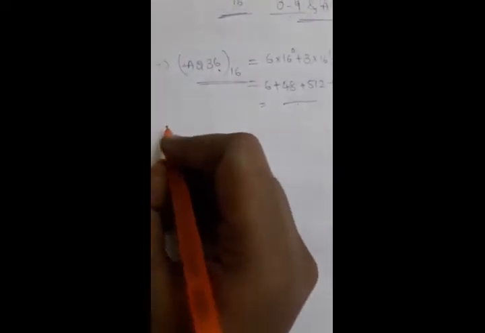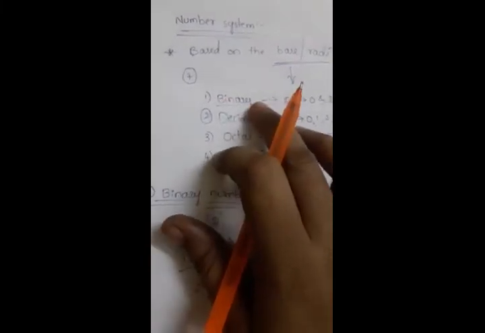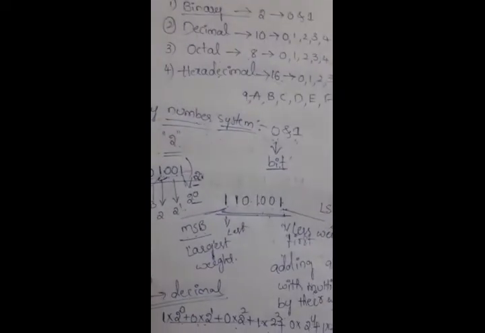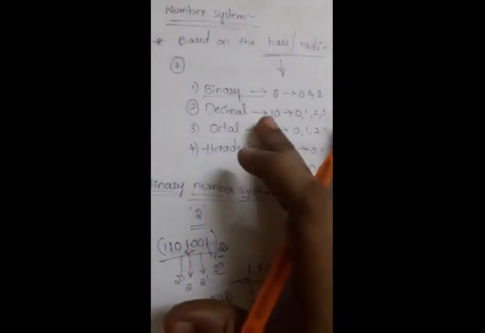Okay, today we'll discuss another base conversion. In number base conversion, the first conversion is completed, that is related to binary base conversion. In that we already discussed binary number system to decimal number system, binary to octal number system, and binary to hexadecimal number system. So that means we are converting binary to all number bases.